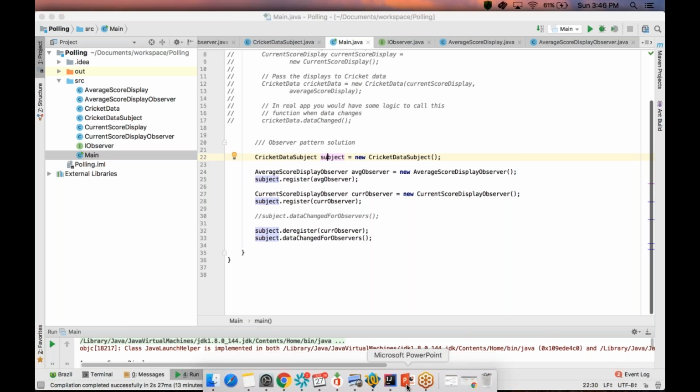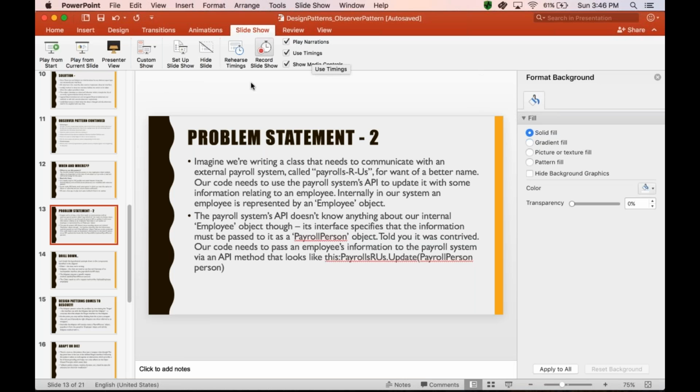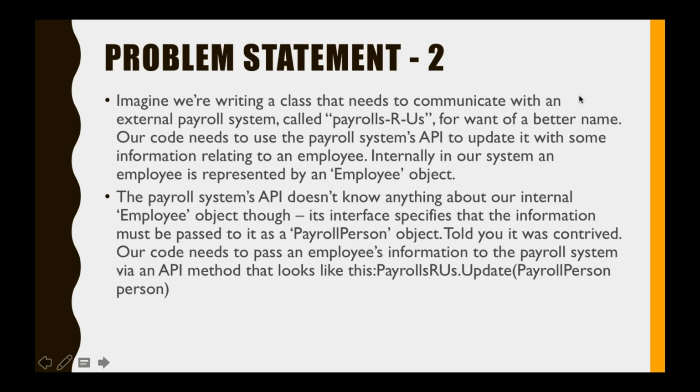So can we go to the next problem statement, guys? Is it fine? Okay, so there is another problem statement that I want to highlight over here. Let's say we have two systems. One is the payroll system, like you must be receiving your salary slips from your companies, and generally the companies